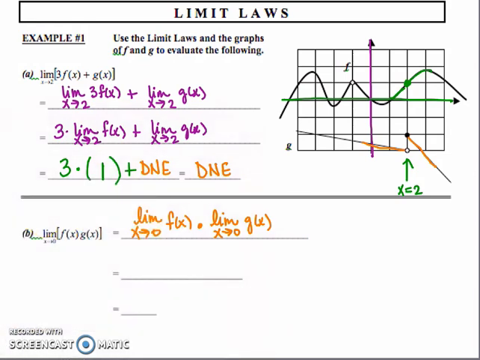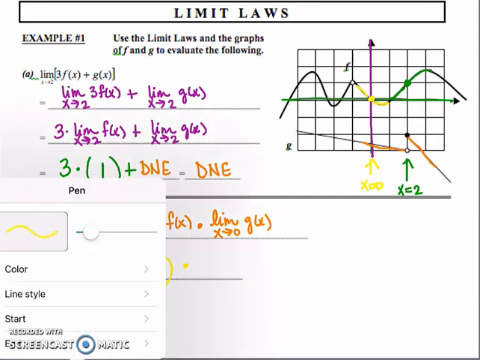And we're going to look at f of x first. So right there is our x equals 0. The limit as f of x approaches 0 from the left and from the right appears to be the same, right? So the left-hand limit is 0 and the right-hand limit is 0. So the limit as x approaches 0 of f of x is going to be 0